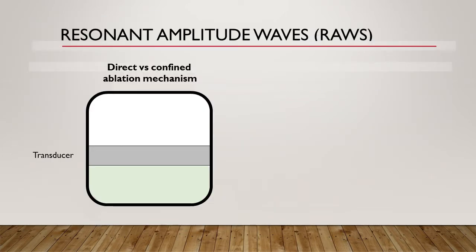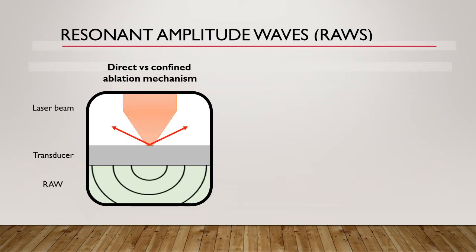In contrast with the ablative variant, the laser beam in transient skin disrupted lasers is not directly focused on the skin, but on a transducer material that, as a result of the conversion of light energy to mechanical energy, generates resonant amplitude waves. The first part of the study was focused on the screening of optimal conditions for the generation